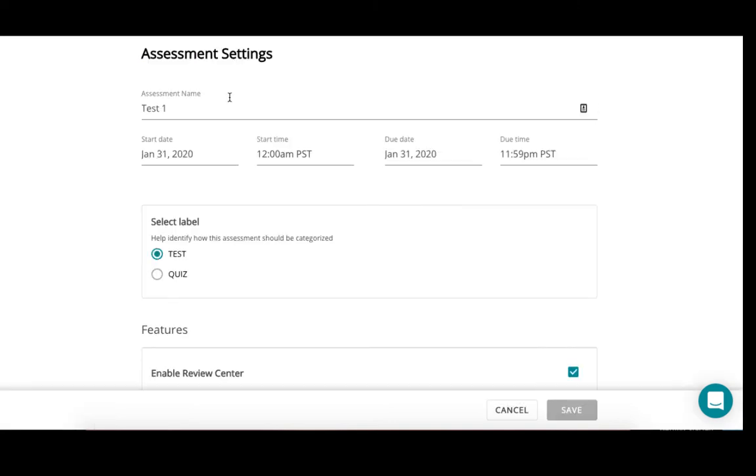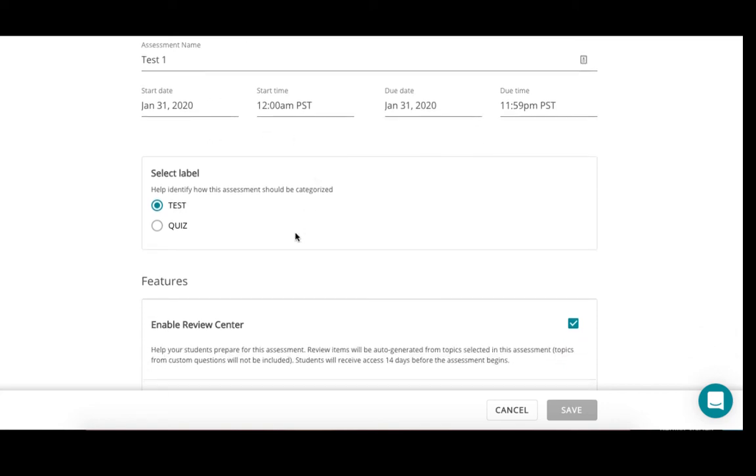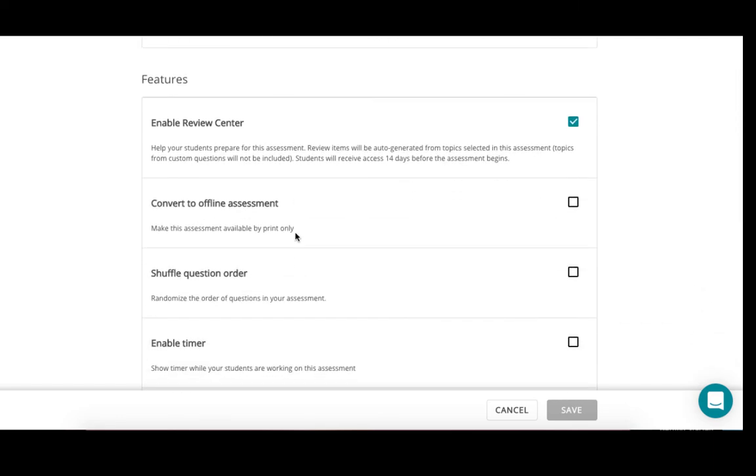In the assessment settings, you can change the name, the start and end date and time. You can switch the labels. Also, you can utilize our features for assessments. You can enable the Review Center, convert this assessment to an offline assessment that can be printed,